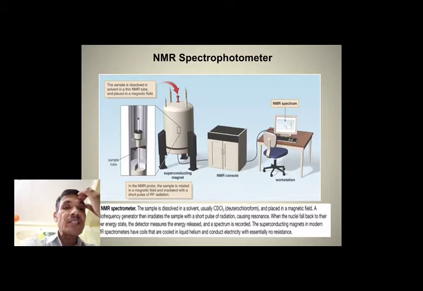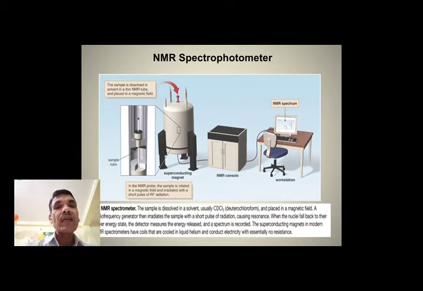The sample is dissolved in solvent. Usually, the solvent used is CDCl3, that is deuteriochloroform, or solvents which do not contain hydrogen atoms are usually used in NMR spectroscopic technique